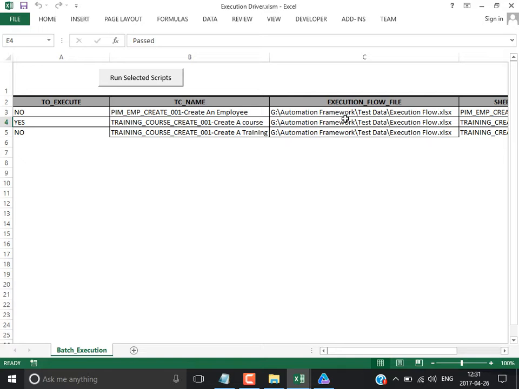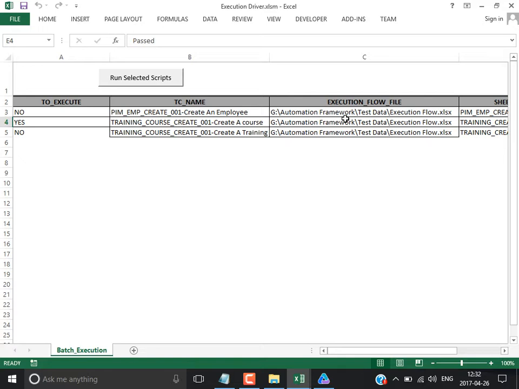And AOM is used for launching the tool automatically, opening the tests we mentioned here one by one, running them one by one, and tracking the result. So first it will launch the tool, and then it starts opening one by one the tests that we marked as yes. And after opening the test, it connects to the